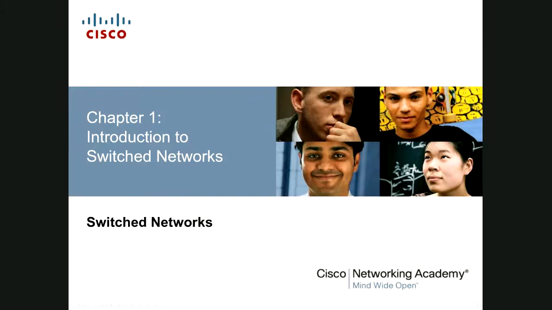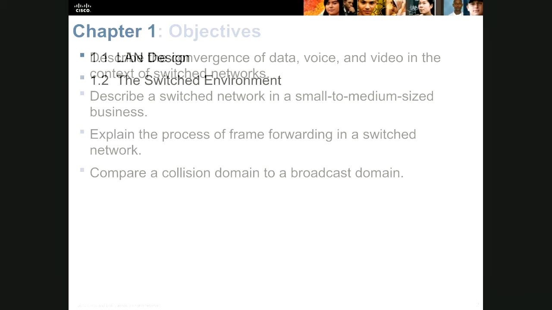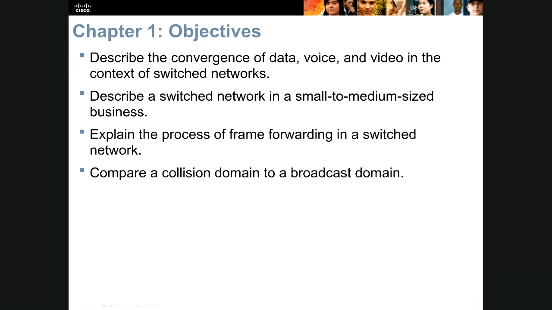Okay, see, it says chapter 1. It used to be chapter 1, now it's chapter 4. So don't let that worry you. We're going to look at LAN design and the switched environment. A little bit of Cisco marketing fluff at the beginning about the convergence of data, voice, and video. Then we'll look at switch networks, how frames are forwarded, and I already talked a little bit about collision domains